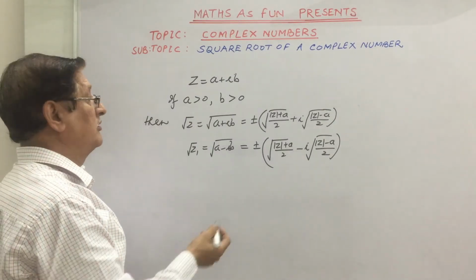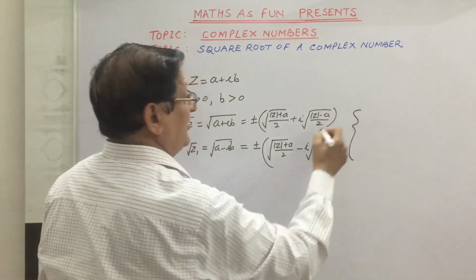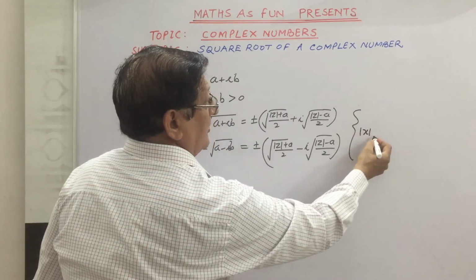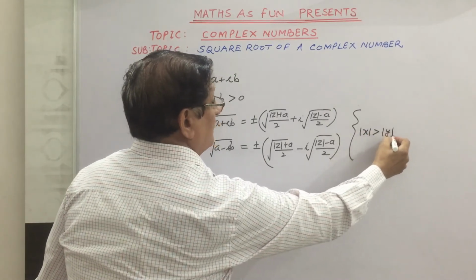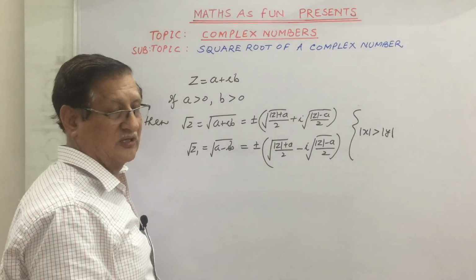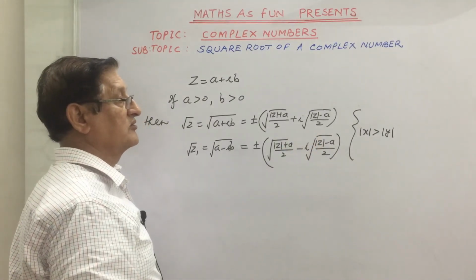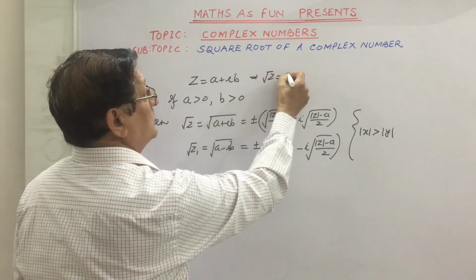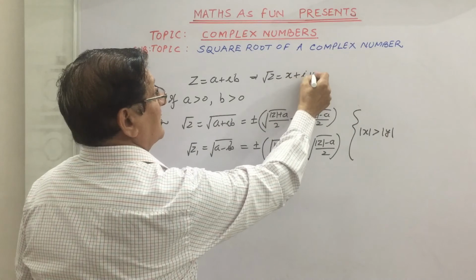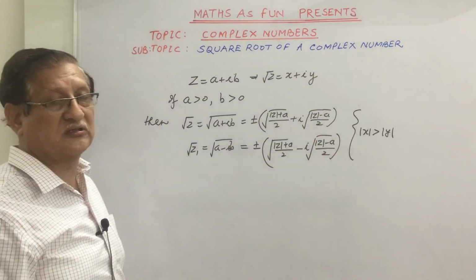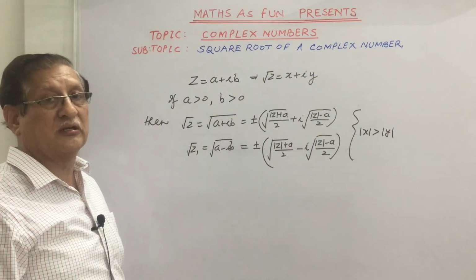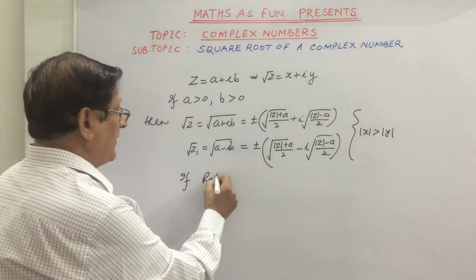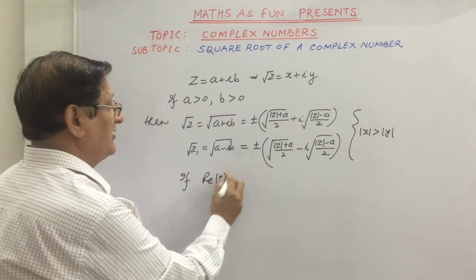I would like to tell you here, in these two cases you will always have that modulus x will be always greater than modulus y. You will always find it. Modulus x is greater than modulus y in such cases, because we have taken here root of z is equal to x plus iota y, and x and y you will find such that modulus x will be always greater than modulus y. If we have the real part of z is negative, is less than 0,